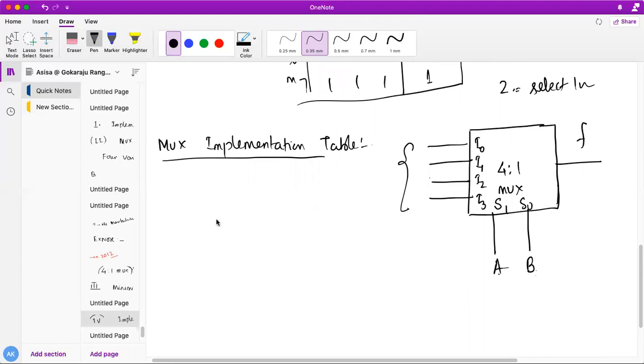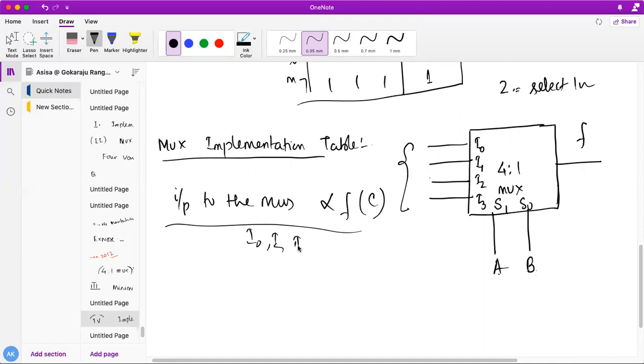How to find out which is actually the input to the MUX? It is nothing else but a function of the remaining variable C. So all these inputs are either in the form of C, 0 or 1. Am I correct? So the inputs to the MUX, I0, I1, I2 and I3, could be found out, which are actually either a function of C or 0 or 1. Nothing else. Am I correct, students? Do you all understand? We have already studied this.